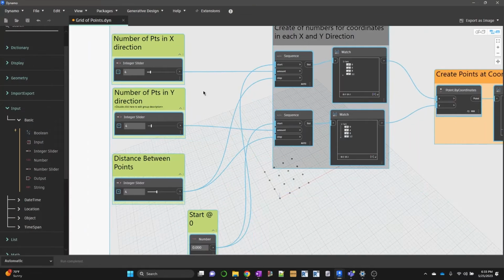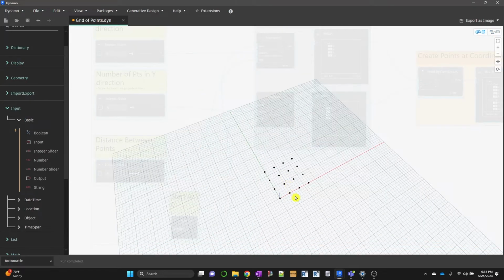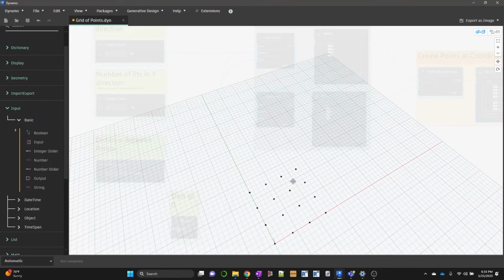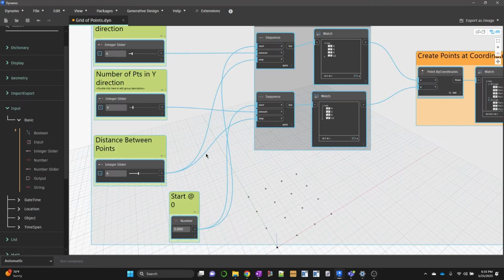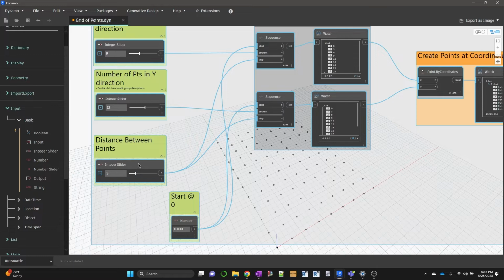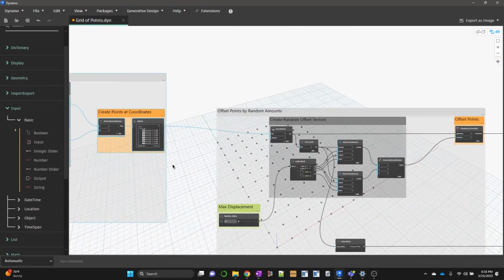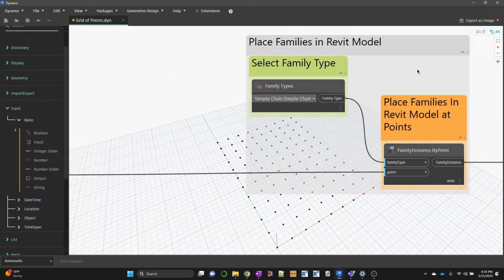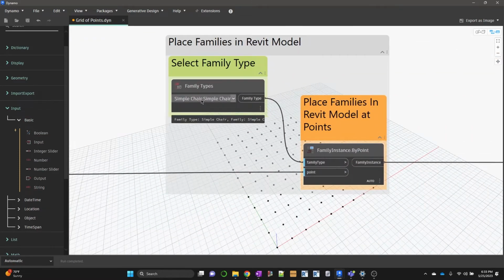So you can see here, if I turn my background off, I have a grid of points here. And if I change my number in the x, you can see that that grid of points grows in one direction or grows in the other direction. Or if I change my slider down here, the distance between those things changes. So what we can actually then do, if we connect the output of that to a node over here that says, take a simple chair family from Revit and place it in the model according to those coordinates,